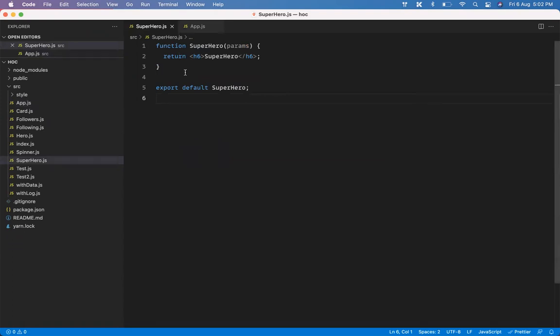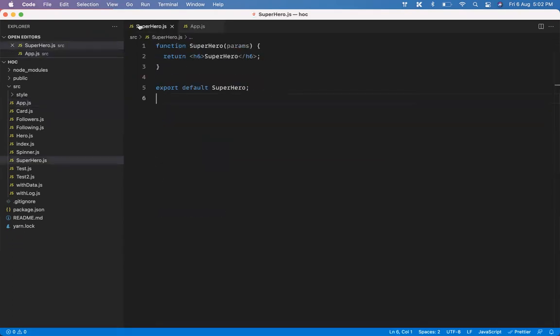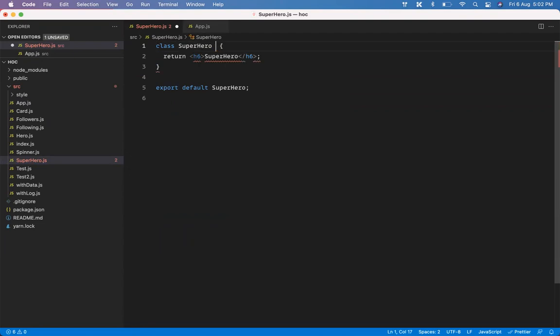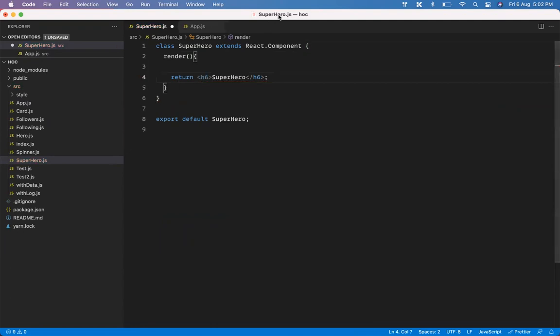What if this component has some state and I want to share that with here? Obviously for that, you will have to create a class component, and I'm just going to say class extends React.Component. And I'm just going to have render, and I'll go ahead and import React.